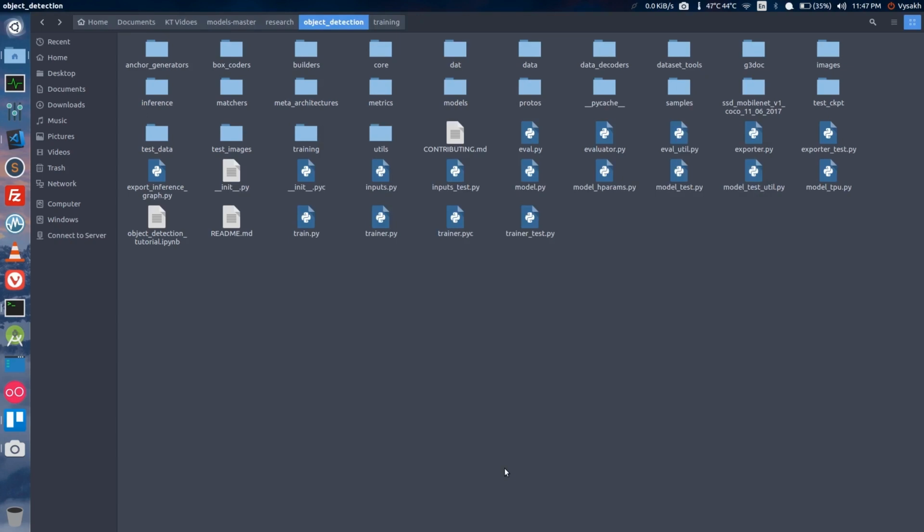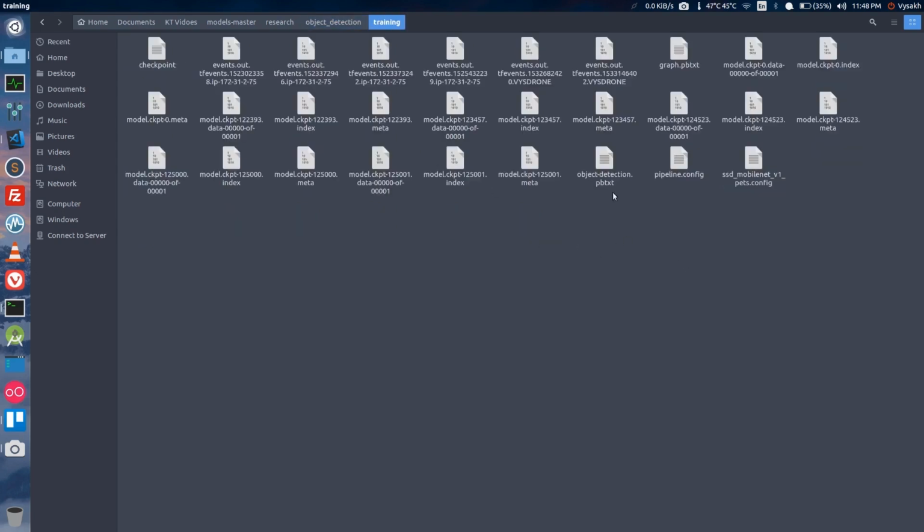So there we have it. We are done with the training process. Now all the model files, the corresponding checkpoints and everything will be saved inside the training folder. Let me quickly open it up and show you what exactly the folder contains. So these are the checkpoint files, and I already have a model that is trained for 125,000 steps, and for this video I'll be using the model trained on 125,000 steps to generate the